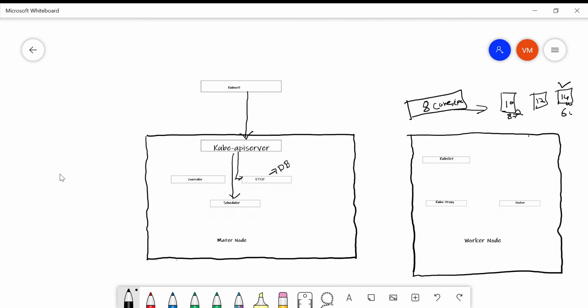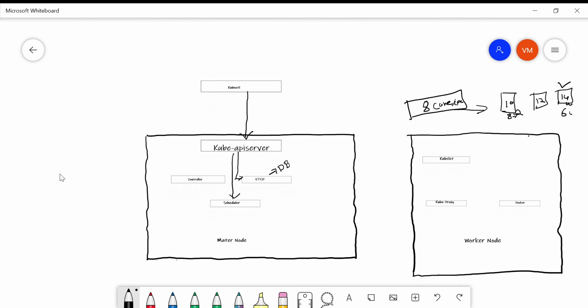Now the Kube API server has different functionality. If a user is accessing your master node or Kubernetes cluster, it authenticates and validates the request, and then retrieves the data, right? It also updates all the information. Let's say you need to create a new pod, and the scheduler has identified the node where you're going to place the container. That information will again be passed to etcd with the help of the Kube API server, right? So it talks to all the other components.